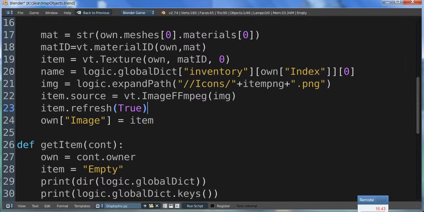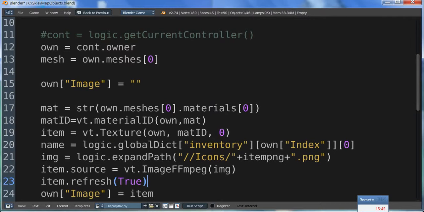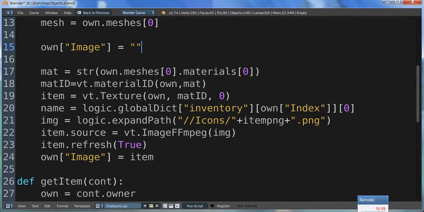Now, something to note. One thing is, if you don't have a property on an object, you can assign the property to the object using a line like that. own, open brace, image in quotes, close brace equals nothing. This creates a string property on the object from the start,